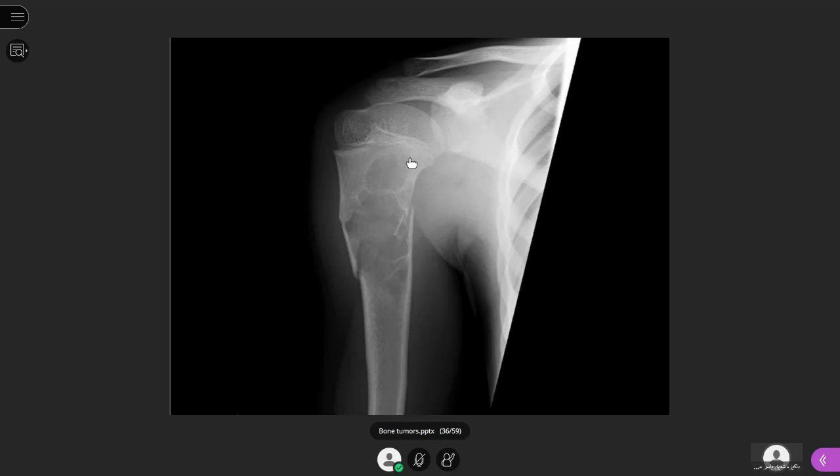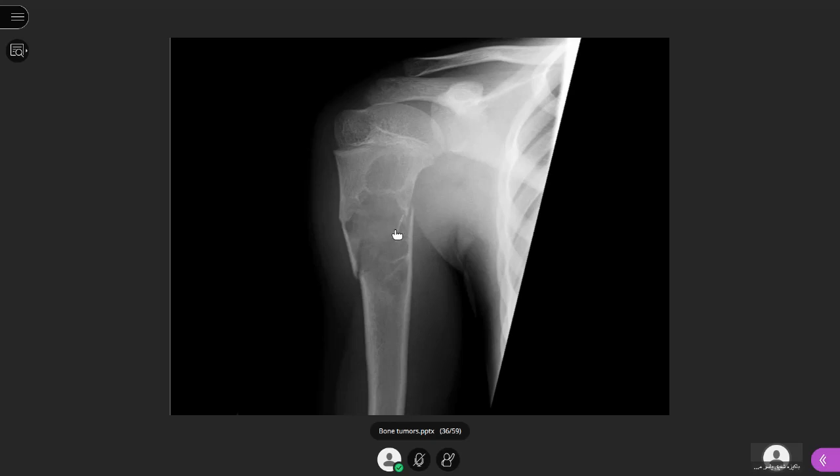So what you see here is a well-defined lesion which is lytic, or you can say lucent or black, right? So a lytic lesion which is well-defined with a pathological fracture. If you can see the cortex here, it is broken. Pathological fracture, there is no intralesional calcification. Intralesional calcification means within this bony tumor, you don't see any calcification, right? There is no soft tissue component. What you see here is a small bony fragment, which is originally the fragment of the cortex, which has been broken down, and this is floating in the cavity here.